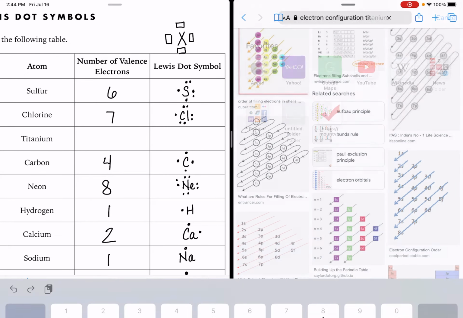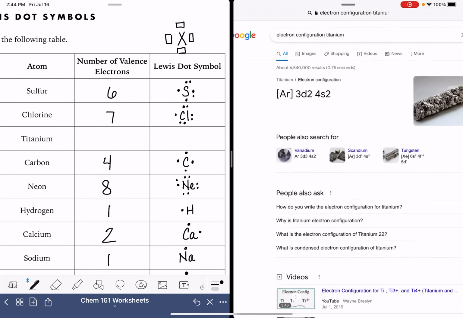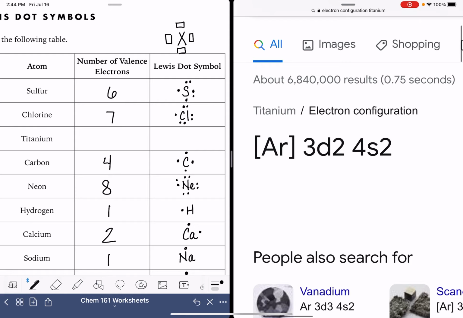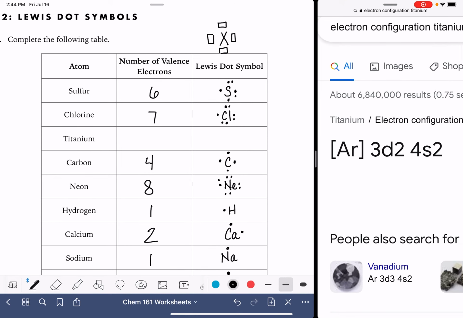I don't want it to be tin. Titanium, electron configuration, there it is. It's got the noble gas abbreviation for us. It's perfect. So remember, when we're looking at valence electrons, we want to be looking at the number of electrons that are in the highest energy level. So we're focusing on the number 3 versus the number 4. The number 4 is the highest energy level. That's where our valence electrons exist. And in that 4s orbital, there are 2 valence electrons. And so that means that this guy's Lewis dot symbol is going to look like